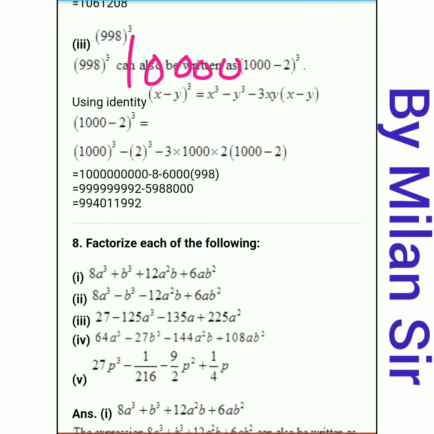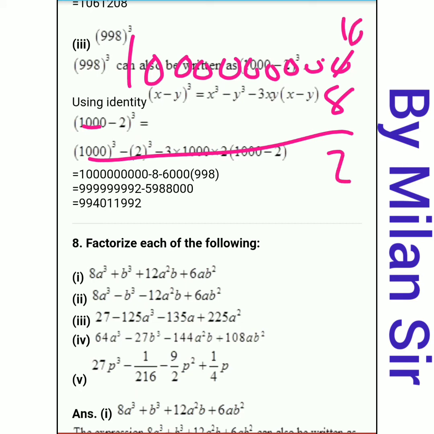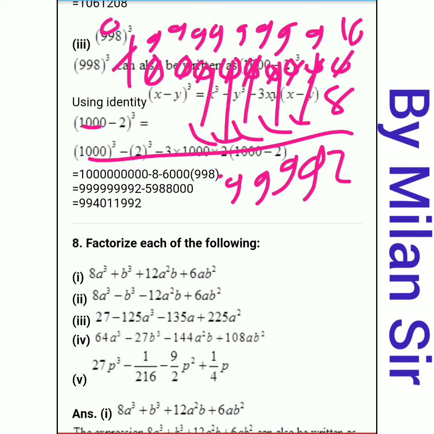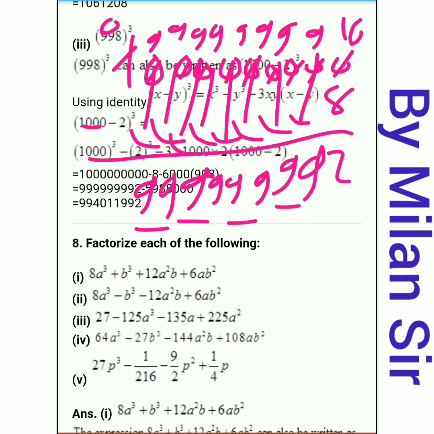Okay, so find the answer. After 1 we have 9 zeros, minus 8. So here 10 minus 8, it is 2. Here 0 becomes 9, here 9, here 9, here 9, here 9, here 9, here 9, and this becomes a 0. Okay, remaining all the digits as it is. So this 9 remains as it is, and so on, each of these 9s. So total 8 times 9 and 2.